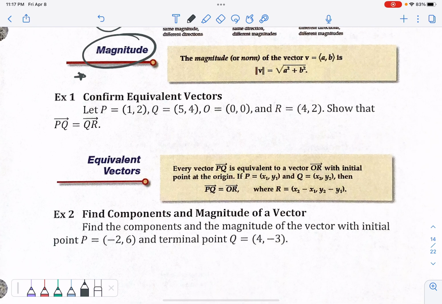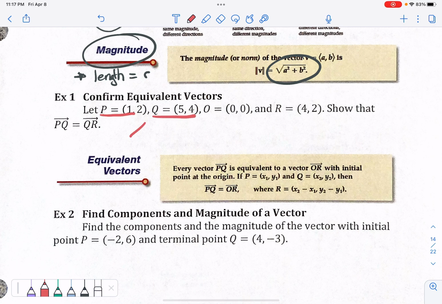Magnitude, I'm just going to say, is length, and it's kind of like the r value that we find in our polar form. So you use the Pythagorean theorem, or take the square root of a squared plus b squared, okay? First thing I'm going to do with this is talk about component form, and we're doing vector